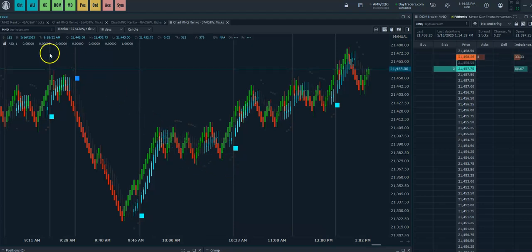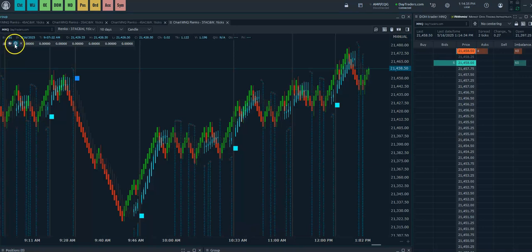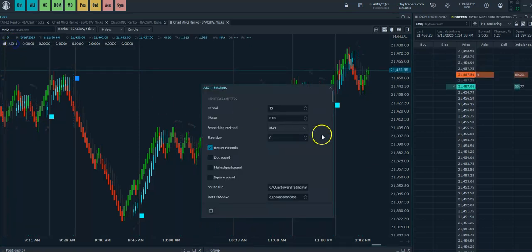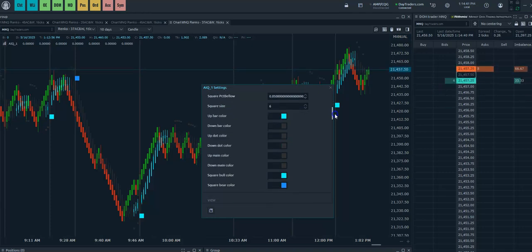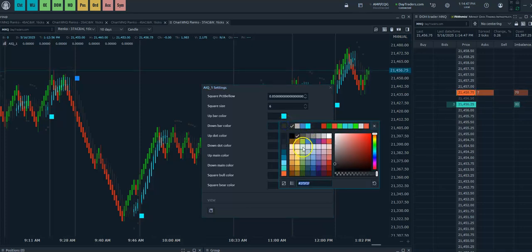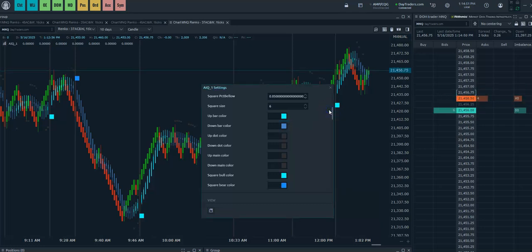And I have to turn back on one part that I accidentally turned off here. Let's go back in and add Dodger Blue on the down Heikin-Ashi. Okay, down main color, up main color, down bar color. Dodger Blue. And there we go. Okay, so